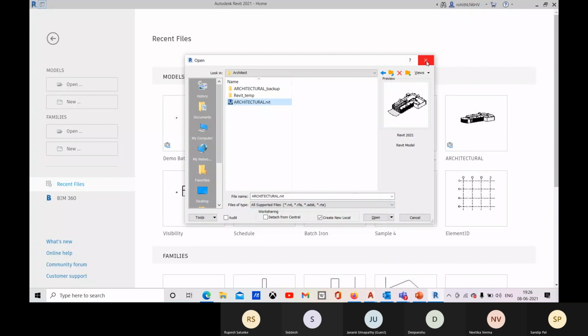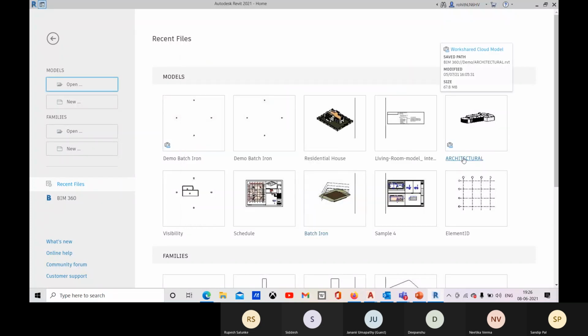You cannot directly click, you remember that for previous files, we just clicked on this recent file. From these recent files, we just clicked and opened. But for the master files, we will not do that. Okay, so here you can see that I have a file which I have saved, and this is the master file.